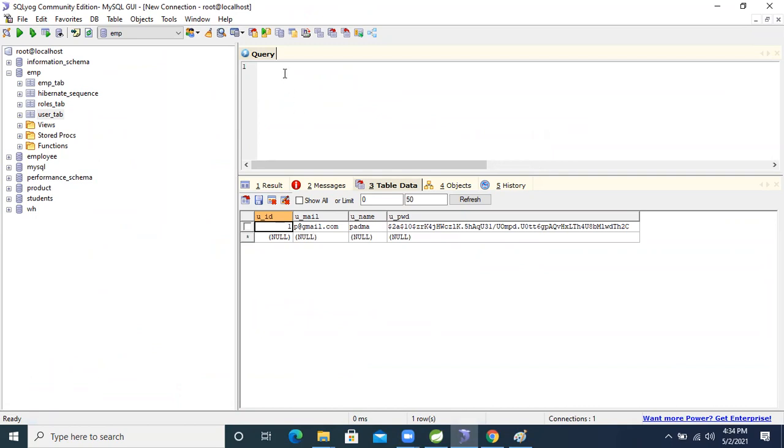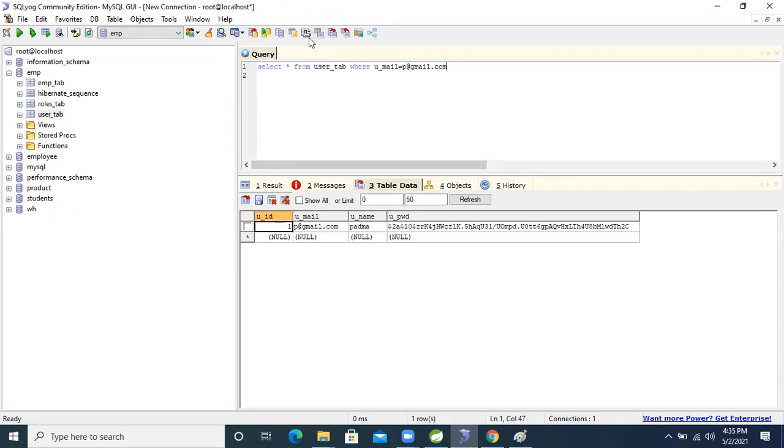So what is the query, guys? Select star from the user table, user underscore tab, where user underscore mail equal to p@.com.